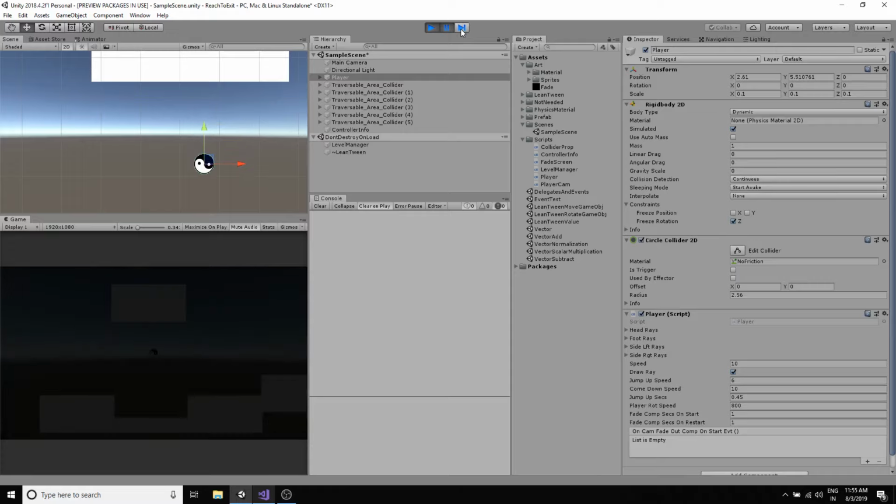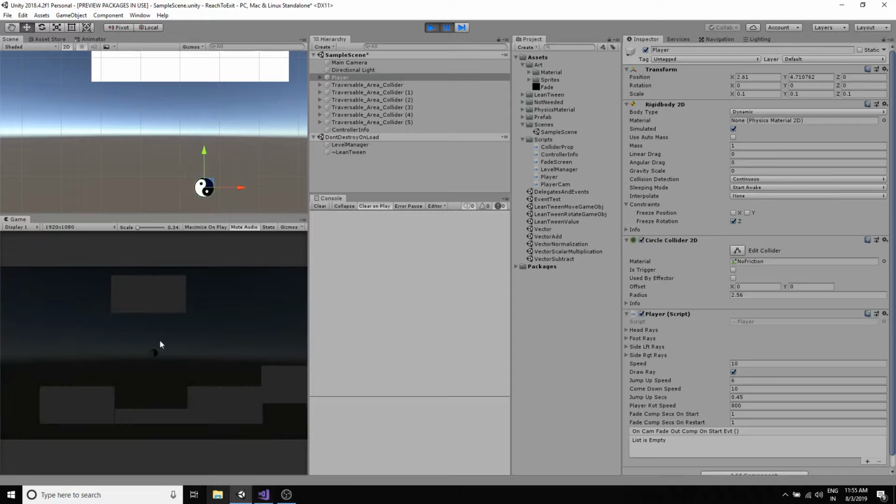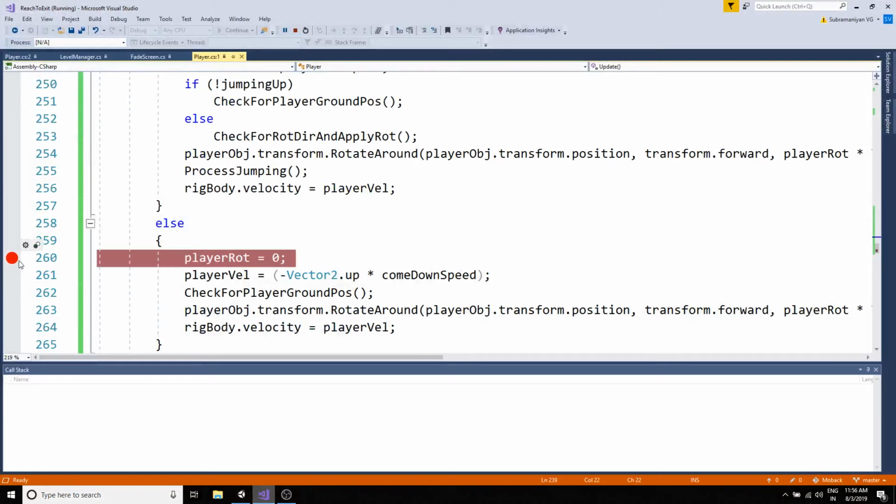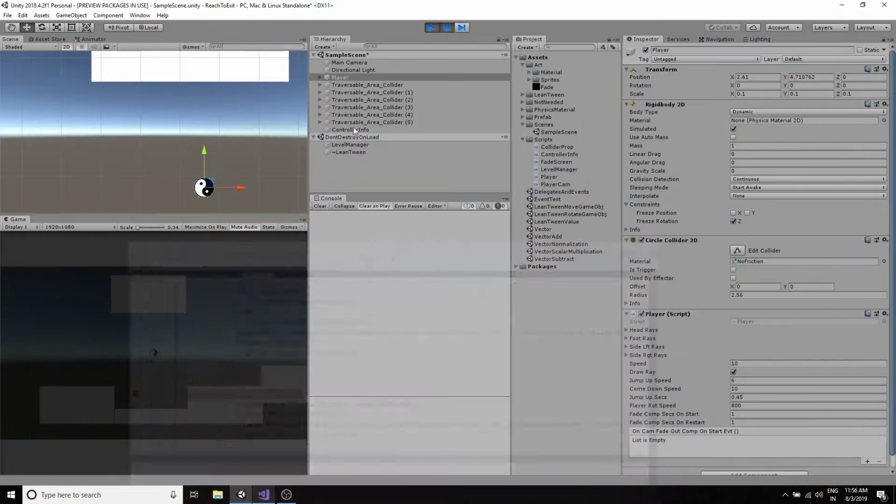You see, when the screen is fading out, the player is also coming down. That happens because of this. If I put a breakpoint here and execute the next frame,